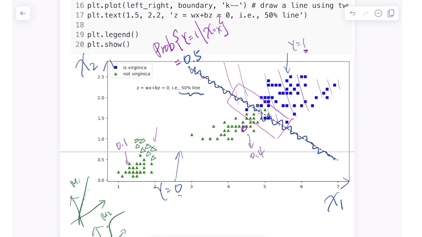You really don't need to handle the data points which are far away from the boundary line. So no matter how many data points are right here, it really doesn't matter. But linear regression and logistic regression have to consider all the data points,